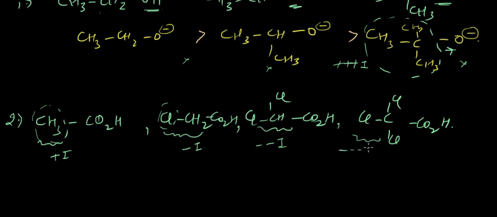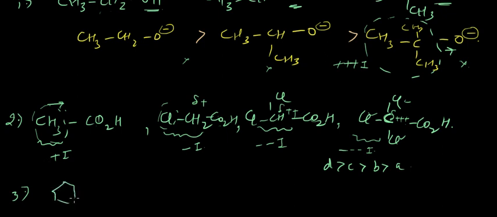Why? Because this carbon atom has chlorine attached to it, so this becomes delta positive because of the 3 chlorine atoms. Hence this becomes a minus I group, this becomes delta double positive, this becomes delta positive, and it is in the giving mode. So obviously the order would be DCBA. Okay, third example,